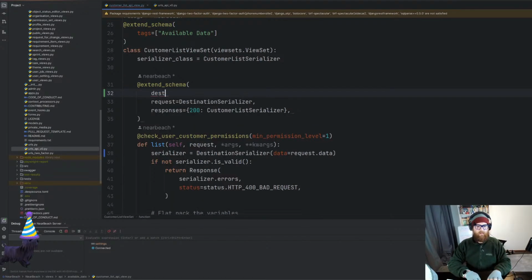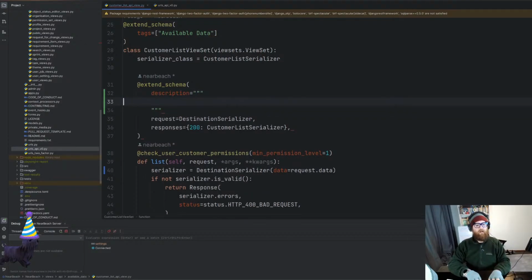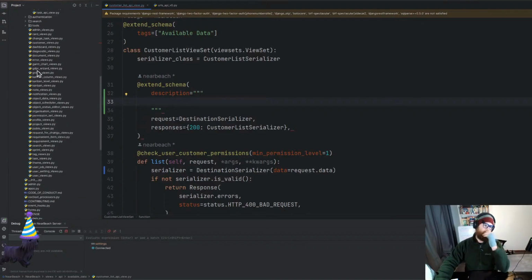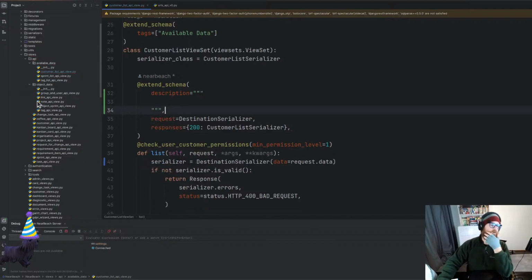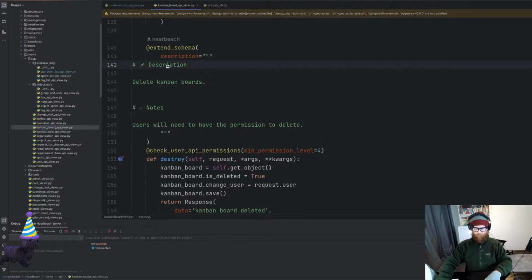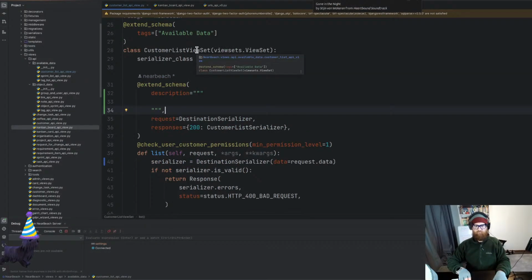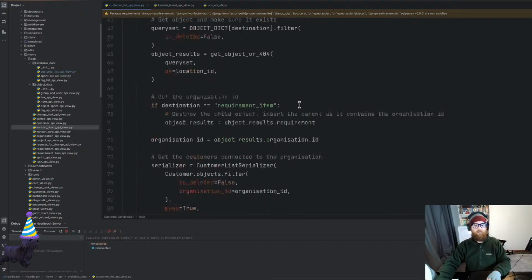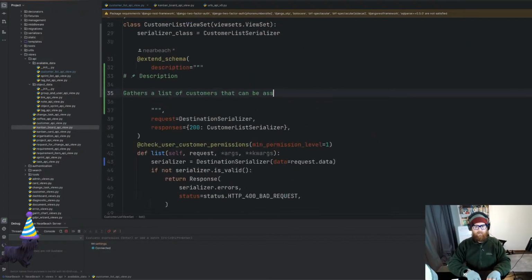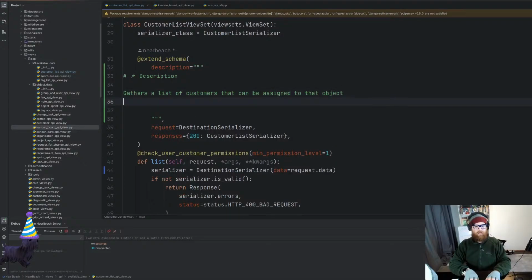So description, sorry, not destination. I don't know why I thought of that. This is where I'm going to put a comma there, of course. This is where I'm going to quickly jump into here because we've got something with an emoji. I just want to keep that going through the whole thing. So description: gathers a list of customers that can be assigned to that object. Parameters,